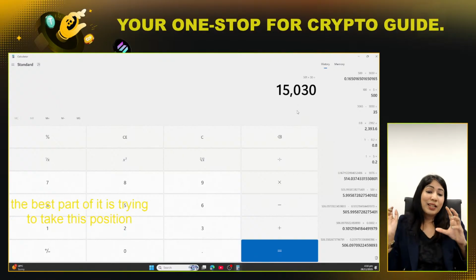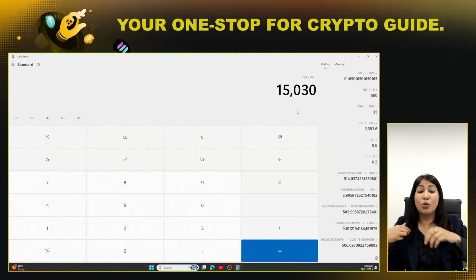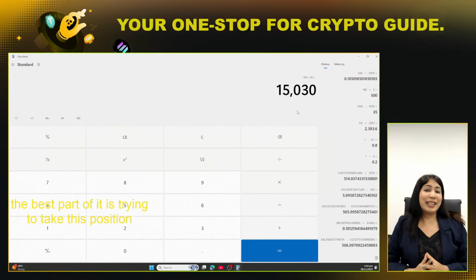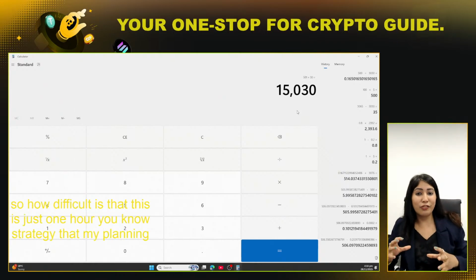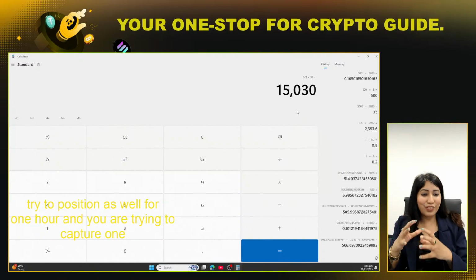Even on the least side, with 10 trades you're able to earn around 5,000 rupees that I'm talking about. But if you belong to any other country, you have to put it in your own fiat currency, your base currency, and convert and see how much you're able to do. So how difficult is that? This is just a 1 hour strategy that we're planning. We're trying to position ourselves for 1 hour, and we're trying to capture one movement which can give us that